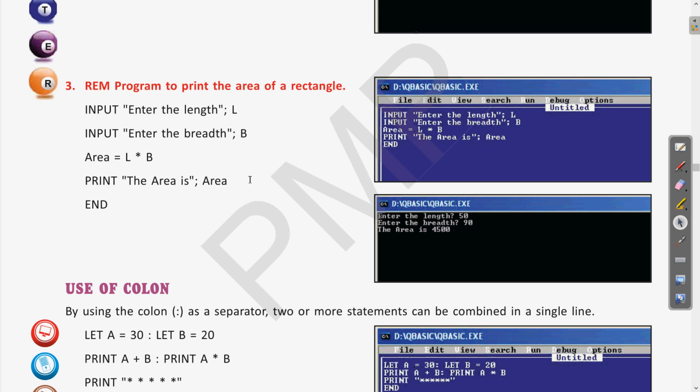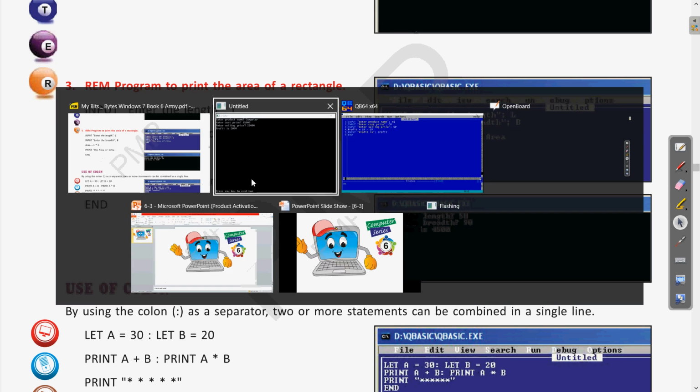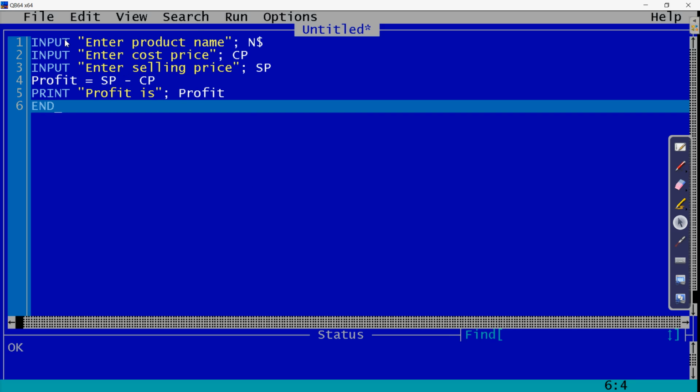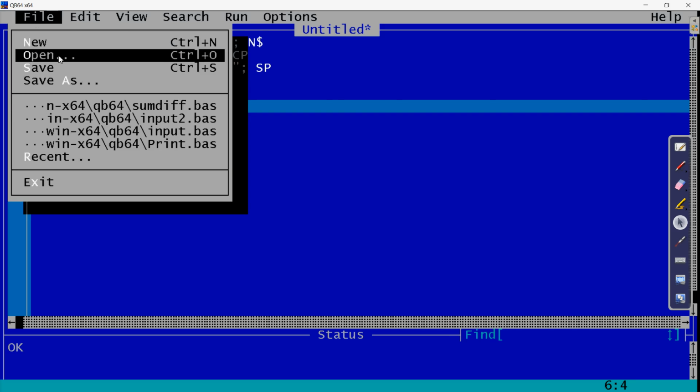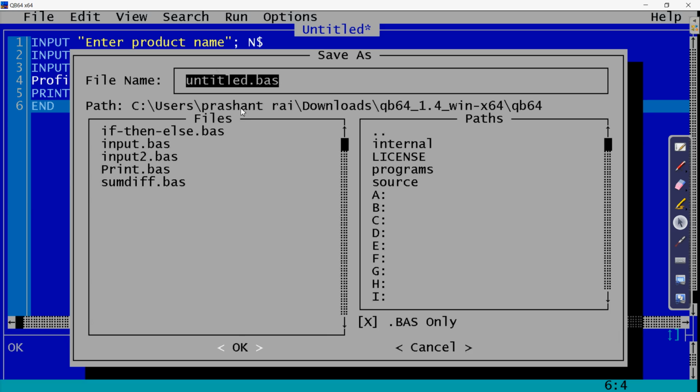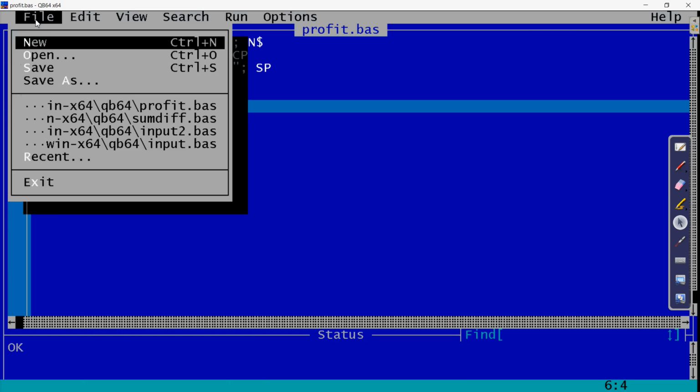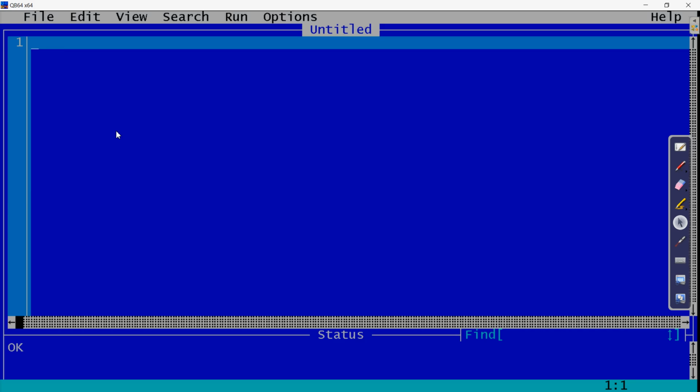If we come to the program window, if you want to save, we can save this with the name profit loss, or write only profit. Click on the OK button. Now open a new file. Here we are going to find the area of a rectangle.